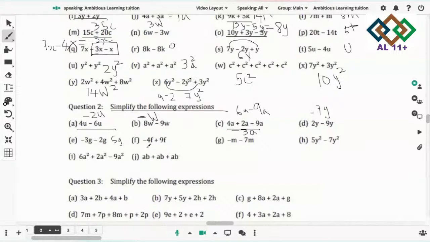And then you have f. In that you will do 9 minus 4, that's 5f, and we'll take the sign of the bigger one. That will just be 5f, because we take the sign of the bigger one and the bigger one is 9 here. So the next one is minus m minus 7m. So that would be